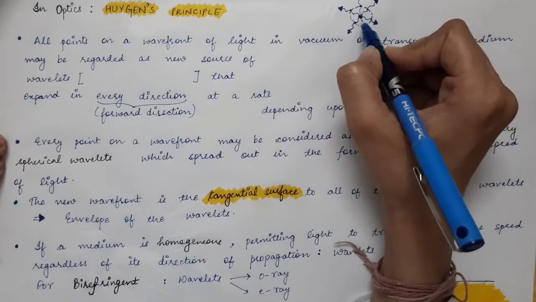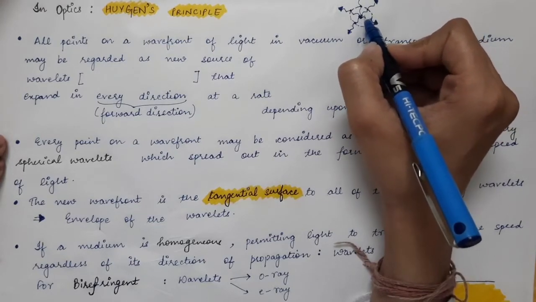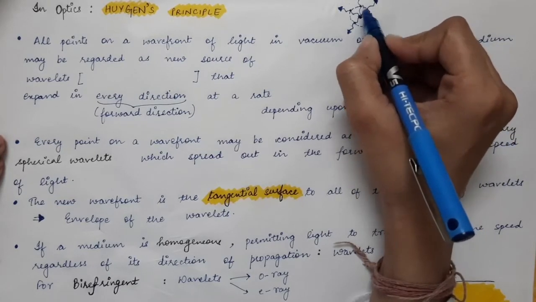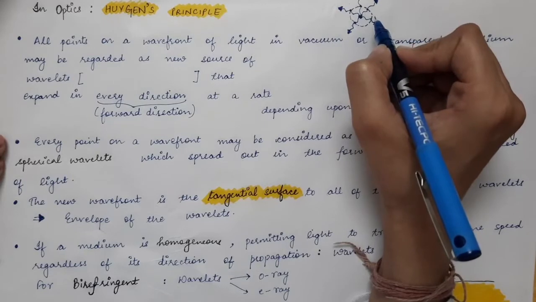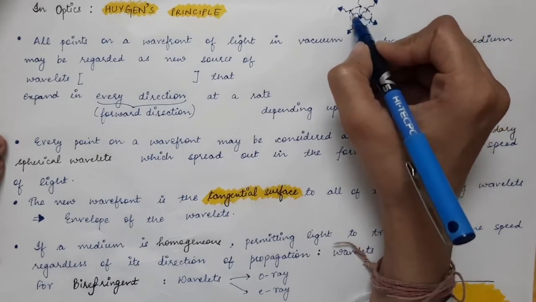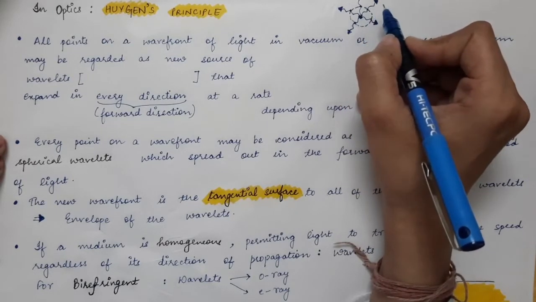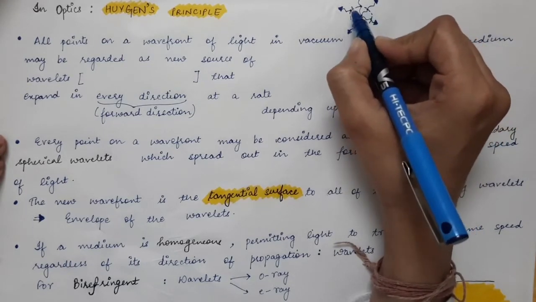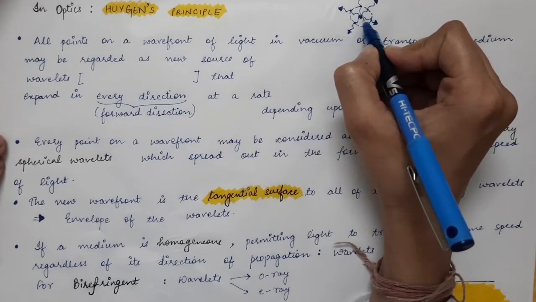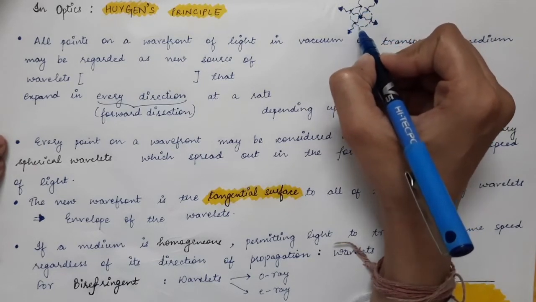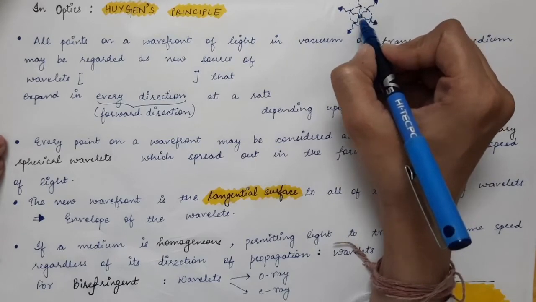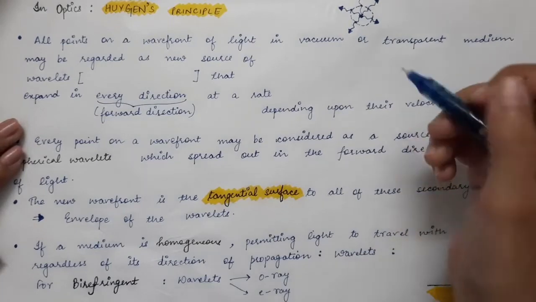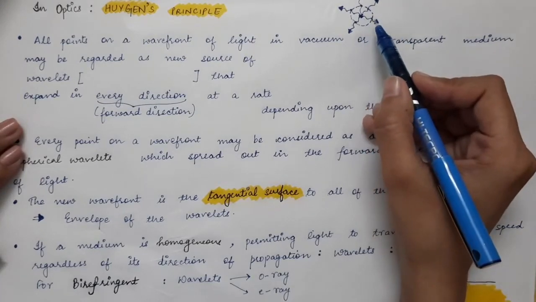In the case of a point source, you can clearly see that the wavefront will be spherical, because light rays travel in all directions with the same velocity. If the velocity is the same in the medium, or in vacuum, the wavefront for that source will have the same radius in all directions. So for a point source, the wavefront is spherical in shape.